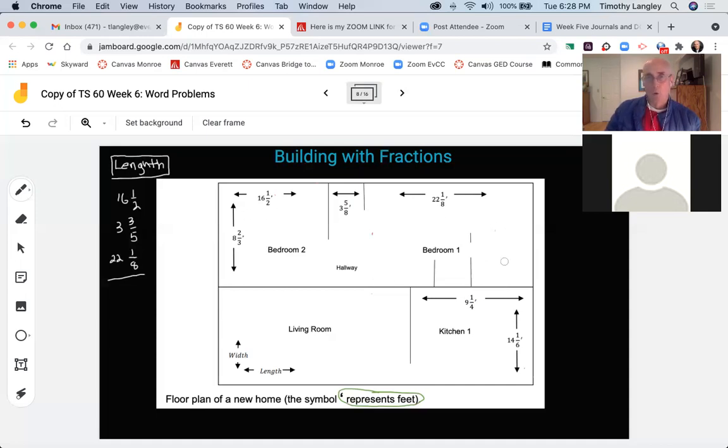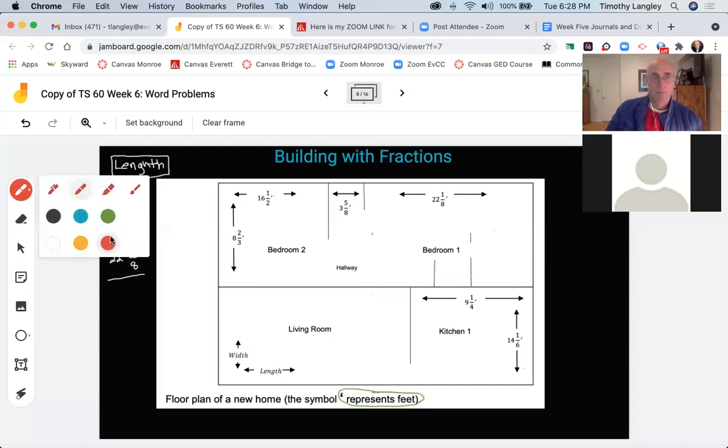Now, the width is the distance from here all the way to here on the house, okay? From top to bottom. That's the width. Well, I happen to look at this diagram, and I happen to notice that it gives me the distance from here to here. Okay, you see the arrows right here? 8 2/3 feet from here to here, okay? So if I went 8 2/3,